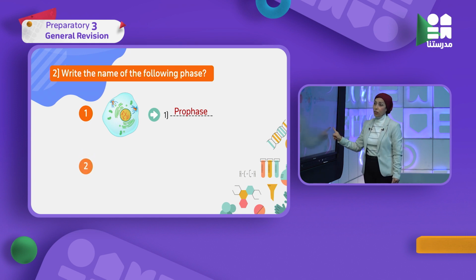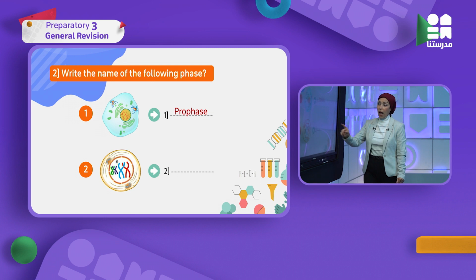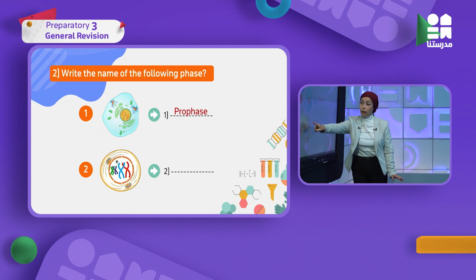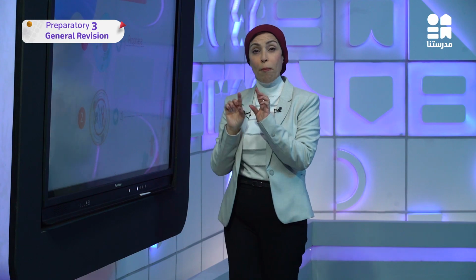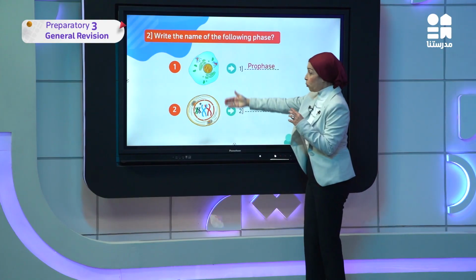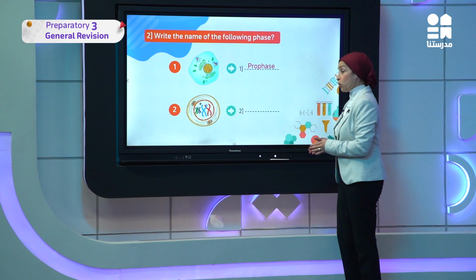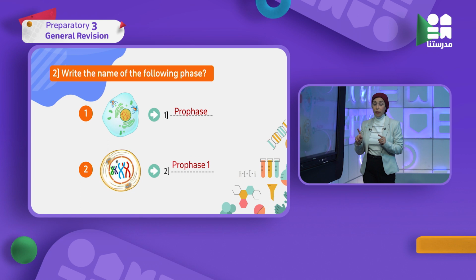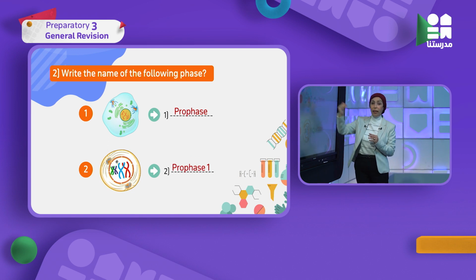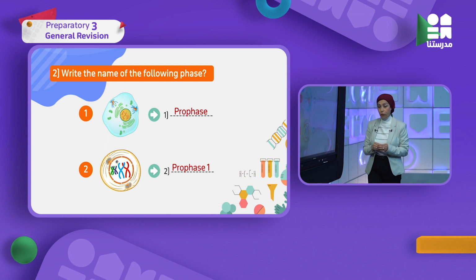Let's see the second figure. Here I have the same structure, but look here in the nucleus, there is double the chromosomes. The two homologous pairs of chromosomes are together. So here the difference is a single chromosome here, but homologous pairs of chromosomes there. So the answer here is prophase 1, because this is meiosis, but the other is mitosis. The difference is mentioning that there are homologous pairs of chromosomes.